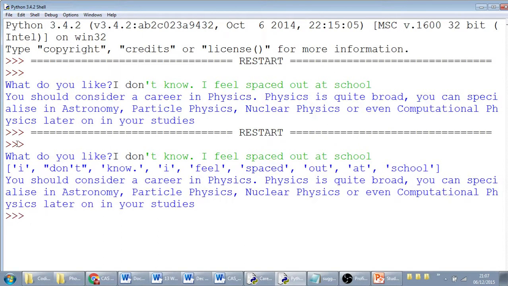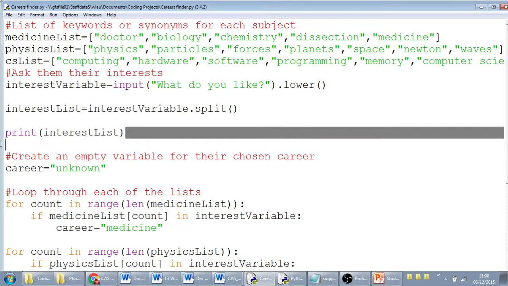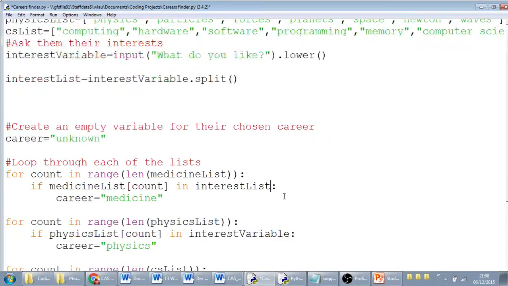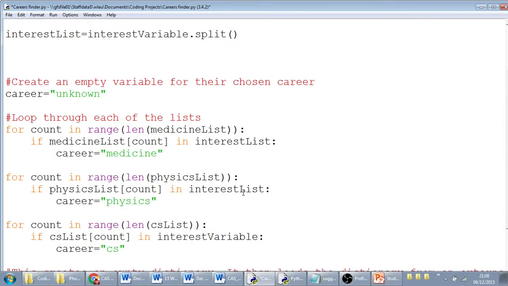Okay, and what it's done here is it's actually printed out the variable but in a list form, and it's taken each word individually, so I, don't, and no, and also the word spaced here. It's still matching physics here, so how do we get it so that it looks at this just as a whole word? Well, what we're going to do is, instead of looking at the interest variable, we want to actually look at the interest list. You'll notice that I've deleted this here because we don't actually need to print the list, we just need to know that it exists. And then on each of these occasions, we can instead match to interest list here, here,